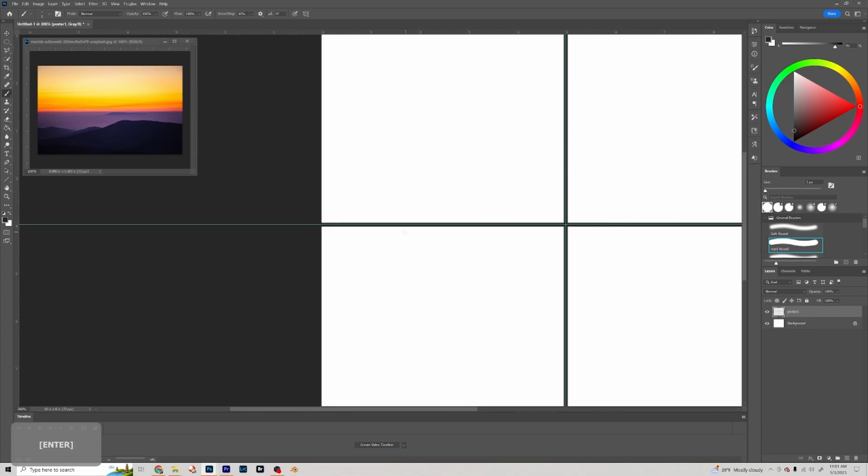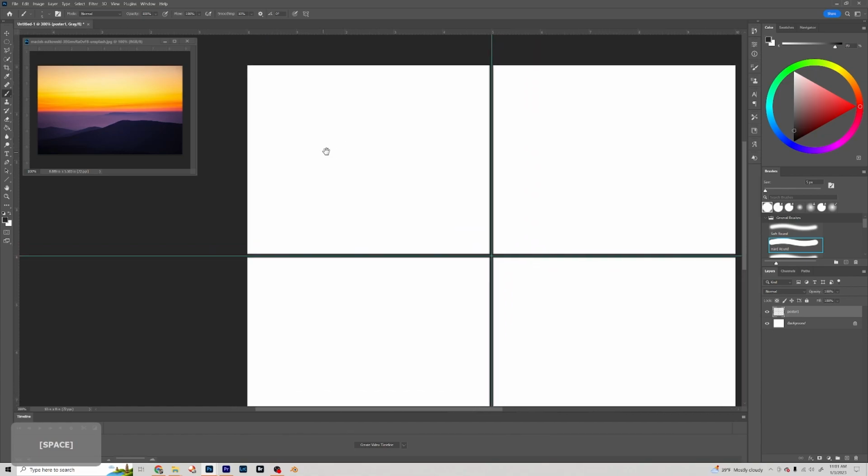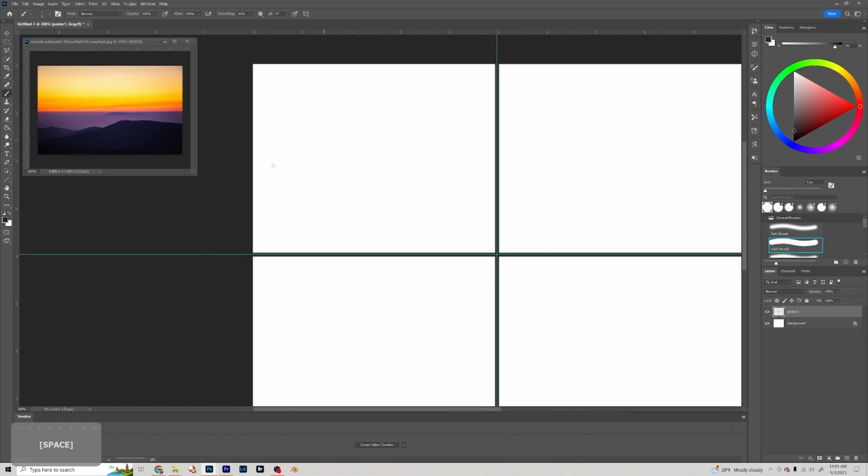300, enter, and it made it a little bit bigger. I'm going to press spacebar, drag it down a little bit so I can kind of see what's going on. Now, to start off with this, I'm just going to make a selection here. So go off to the left-hand corner, go to rectangular marquee, and I'm going to select this area. It will lock to it, or snap to, that's the correct word. Snap to. It'll snap to those lines so that I can start painting in here, and